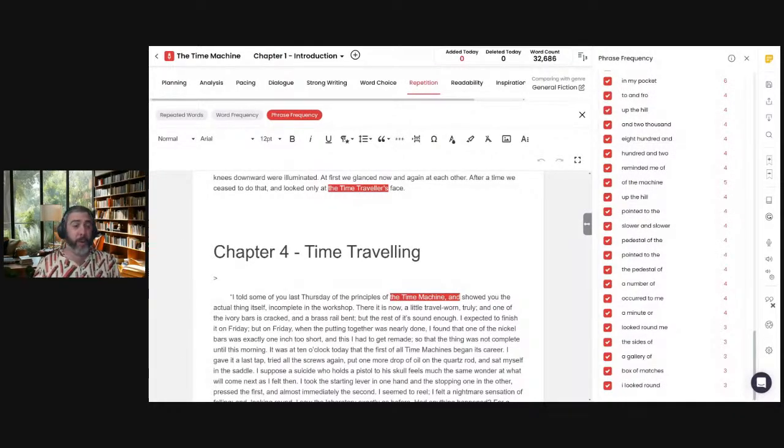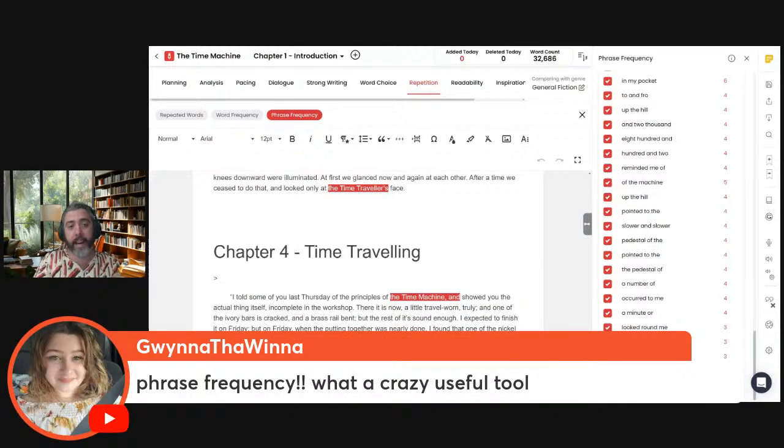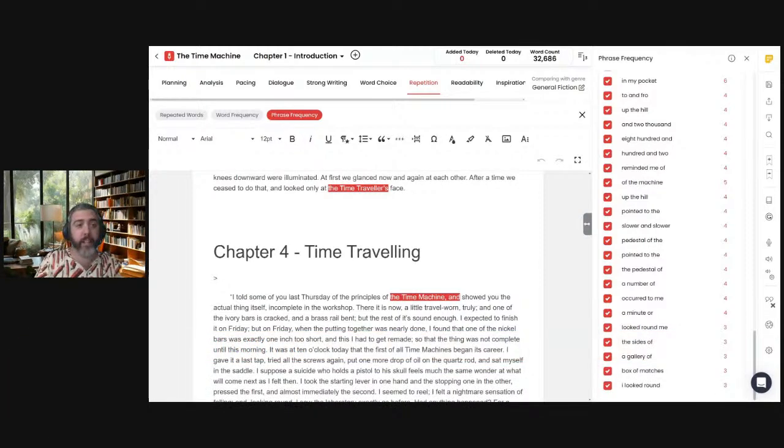And when you're writing a 70,000 word book, you can forget that you used that exact phrase, and you would never know to look for it because you don't see it. You have the blindness, right? And nobody might notice it, not specifically, but you've lost an opportunity to give more information, right? You've lost an opportunity to get more creative. It is a wonderful tool. I love phrase frequency. Yeah, crazy useful.